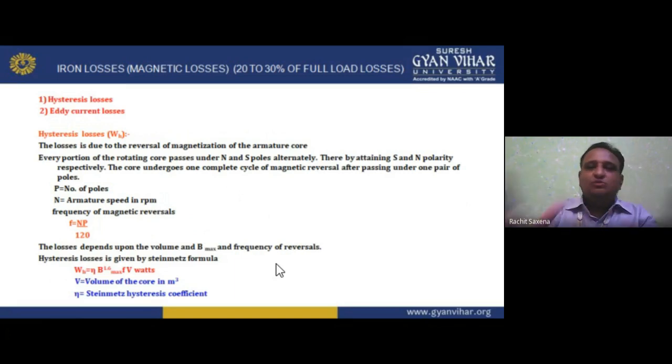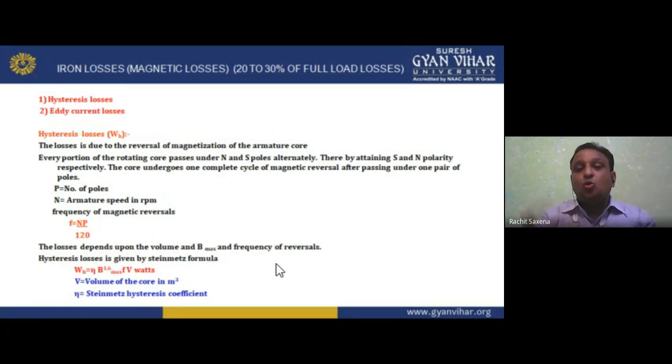And from ancient times we have been using iron to make a core. Now in small machines we again use iron. But if I'm talking about heavy duty machines, higher HP, then we use steel sheet or steel as per our BH curve, which I already told you in unit number 1. Okay, so I hope you understand now. That is why it is known as iron loss, because the core is made up of iron, and we can also call it the losses that take place in the core. So we can also call it core losses.